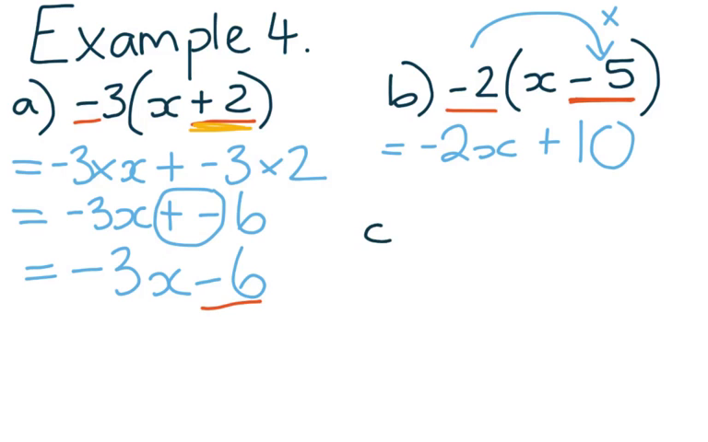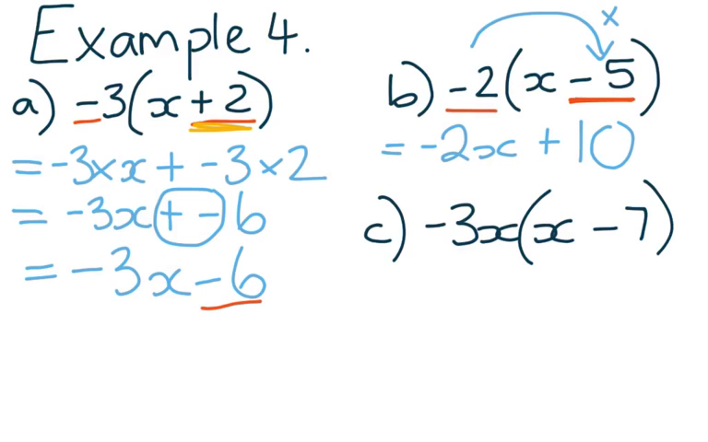I will just do one more of those for you. So if we've got -3x times x take 7. So if we do this one, we'll have -3x times x gives us -3x squared, because we're doing x times x. And then we're saying to ourselves -3x times -7. So -3x times -7 is plus